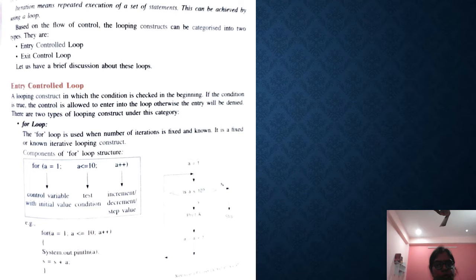This shows you that a less than or equal to 10 means a fixed number of times. So the for loop is also known as a fixed iterative entry control loop. Okay, so this is your for loop.